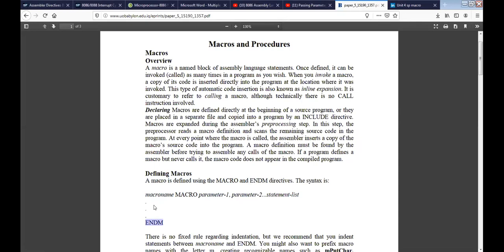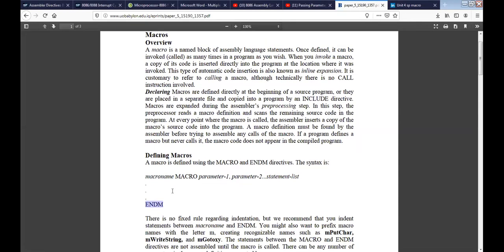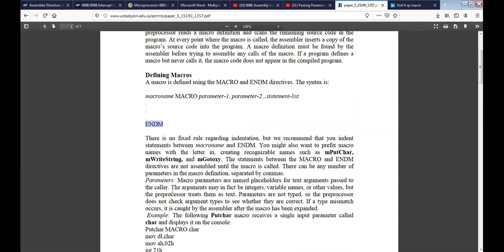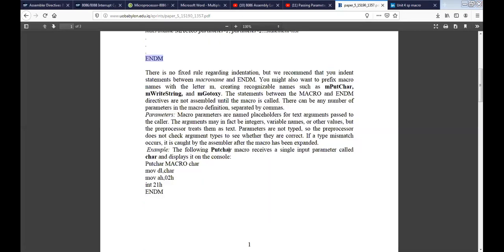For example, let us say we want to put a single character and display it on the console. Then the macro looks like this.